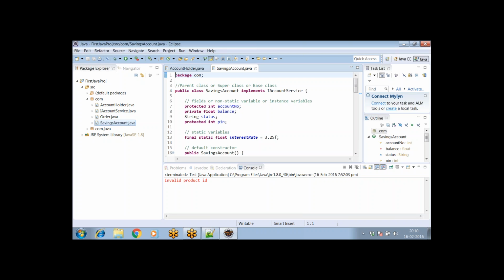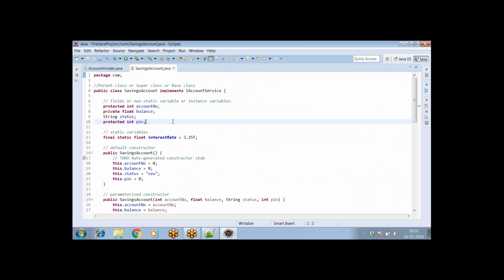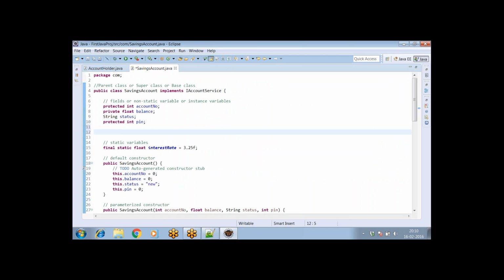You know what? In Java, the associations are represented using reference variables. We use reference variables here to represent the association. So in this case, what you need to do is just keenly observe what I'm doing. In the savings account class,